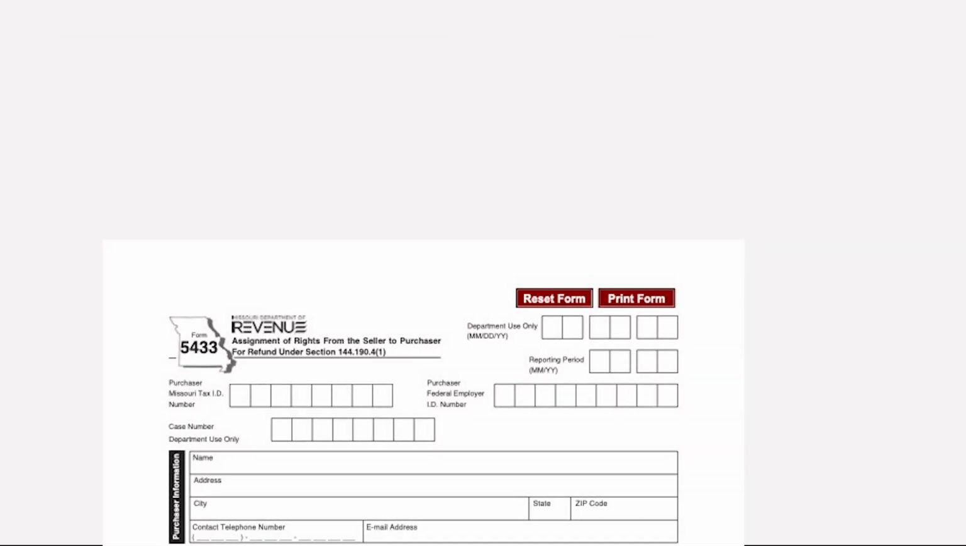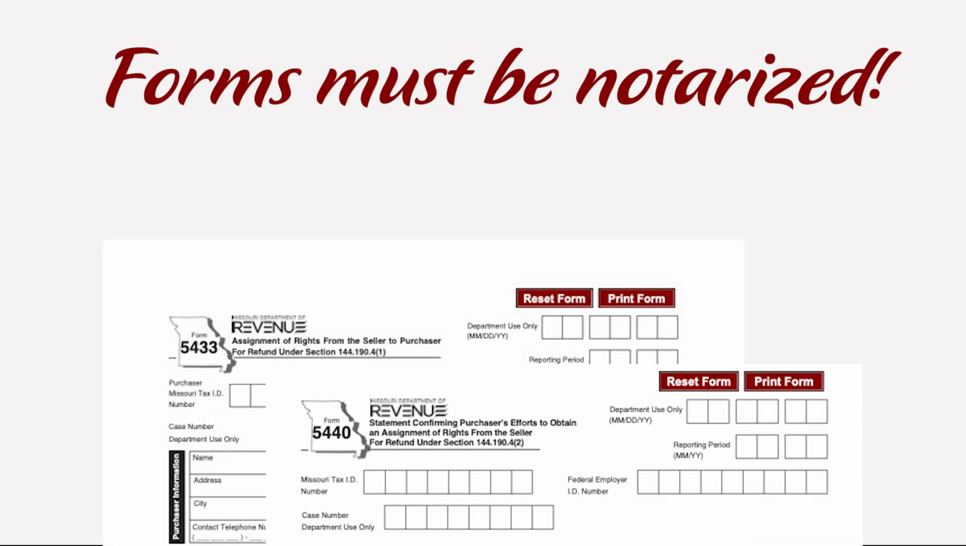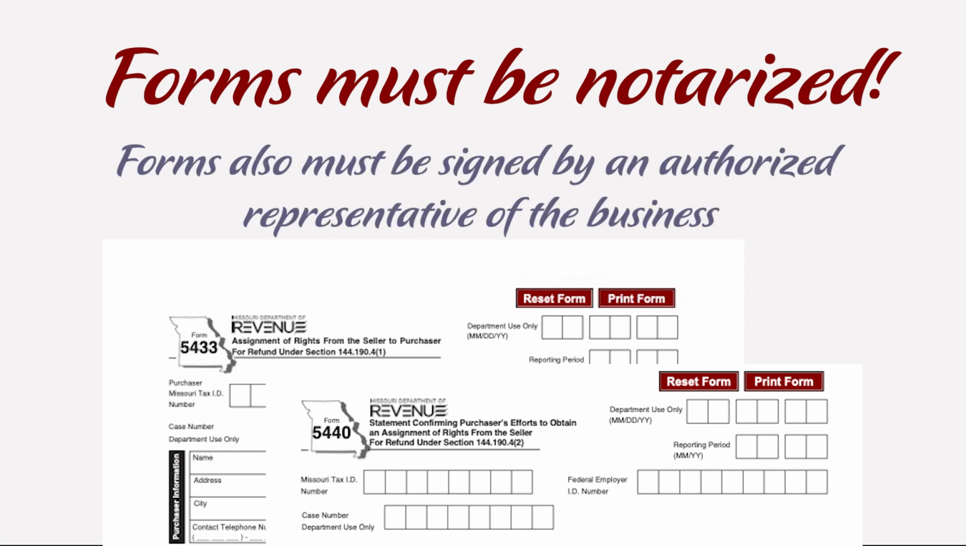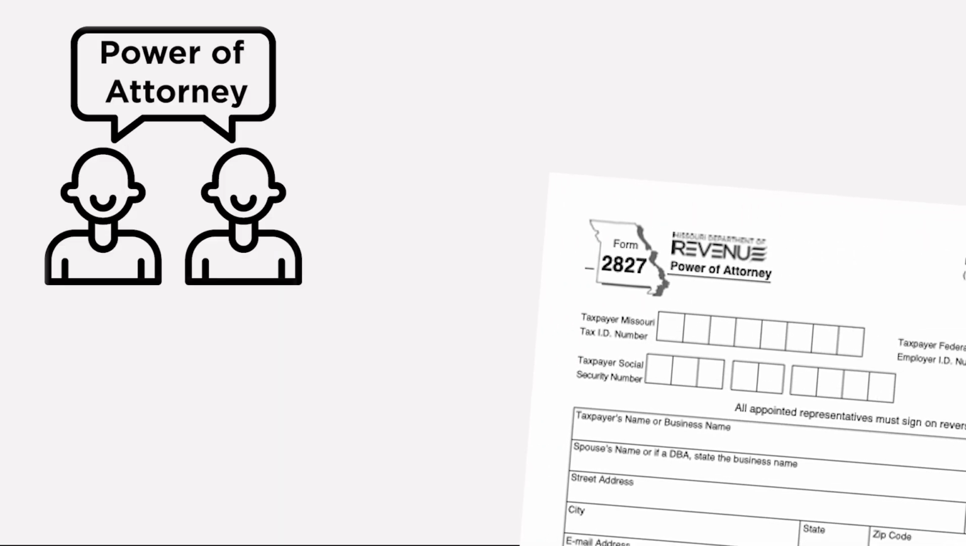Forms 5433 and 5440 must be notarized to be valid. If not, the forms, and by extension the claim, will be rejected. Please also note that the form must be signed by an individual who is registered with the department as an officer or authorized representative of the business, or by an individual who has been given power of attorney by one such person. If you wish to give someone power of attorney for your claim, you must include a completed Form